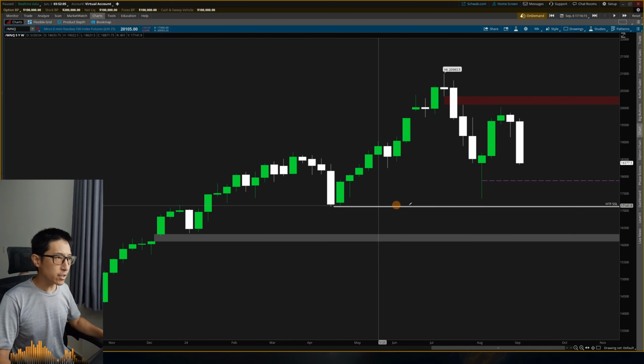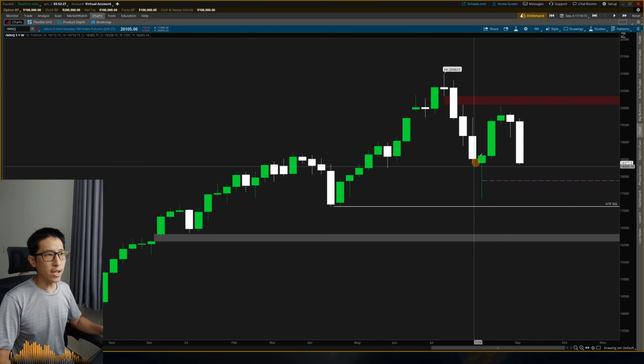Of course, relative equal lows. This is a big target. I think we can start heading towards this. And then over here, we do have a pretty long wick on the lower side. So 50% of that wick is going to be a first target going down for these relative equal lows. And of course, we do also have this old void all the way back in December that we can aim for as well.